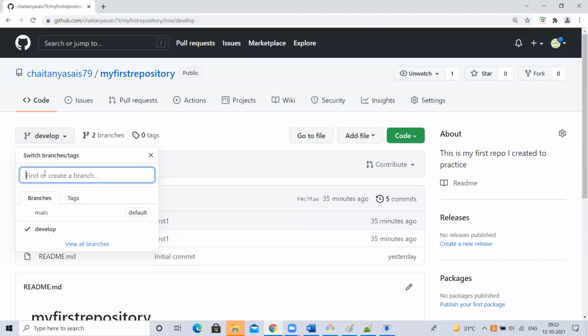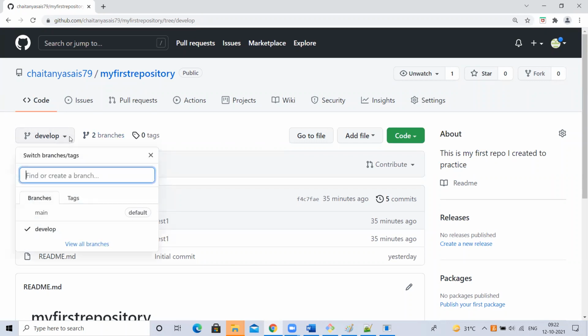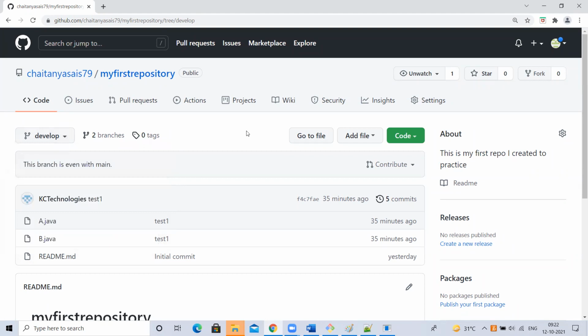Now I want to create the QA branch. How to create the QA branch? From where is it creating? It shows QA from develop. But I don't want to create from develop. I want to create from the main branch. See, if I give QA, what it is showing? Create branch QA from develop, which means whatever is there on the from branch, develop, will come to QA. I don't want that. I want it from the main branch.